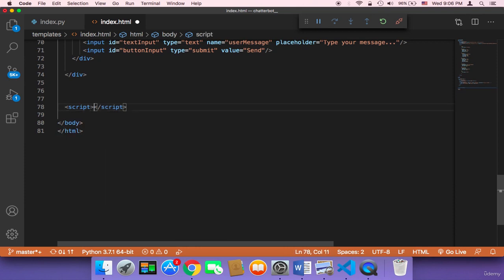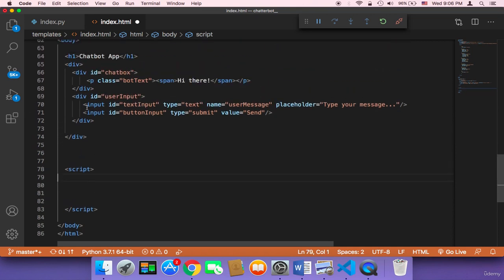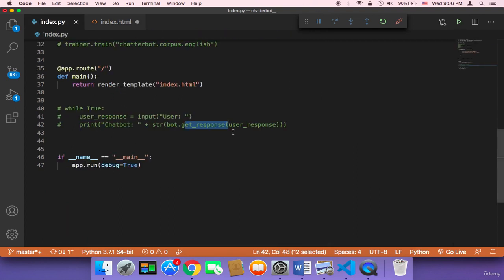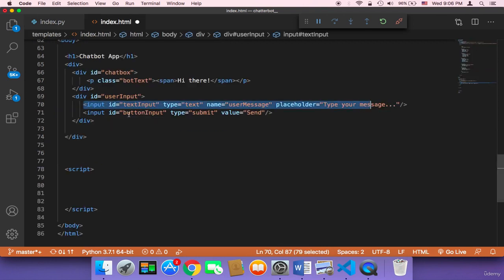So here, just above the closing body tag, I'm going to create a script. And that script obviously is going to be using jQuery. So inside that script, I'm going to create a function that's going to